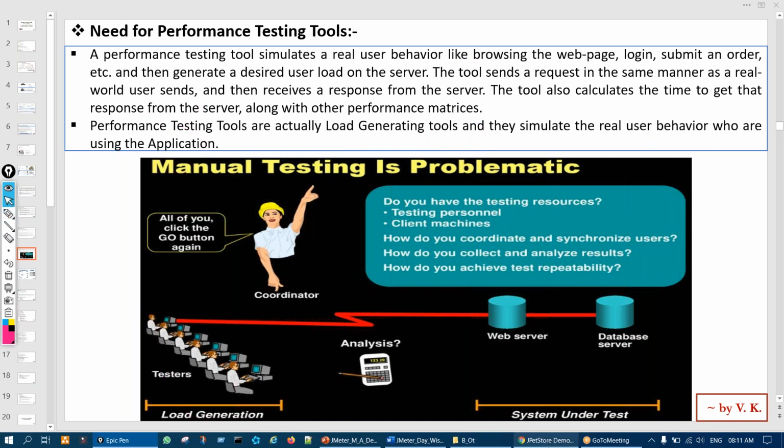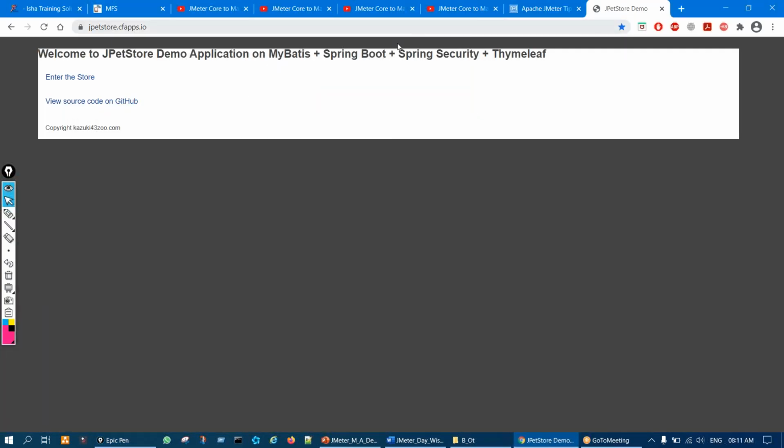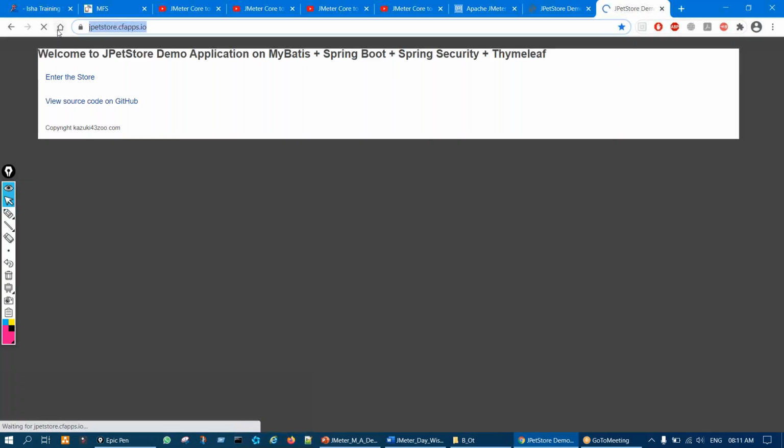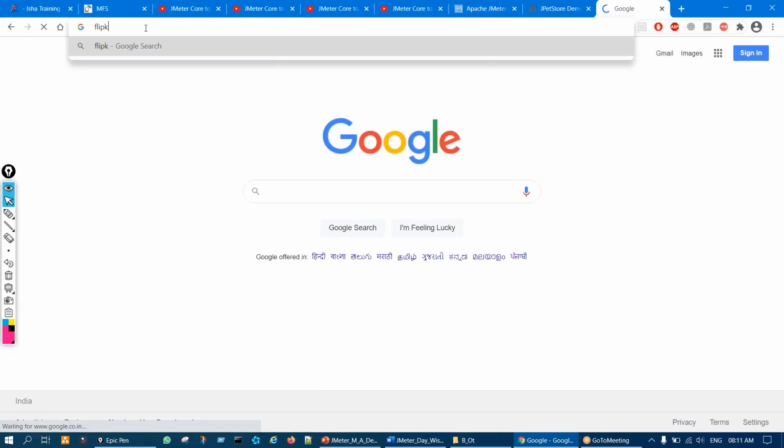What do this request and response mean? Let us say one website. Suppose I try to open Flipkart.